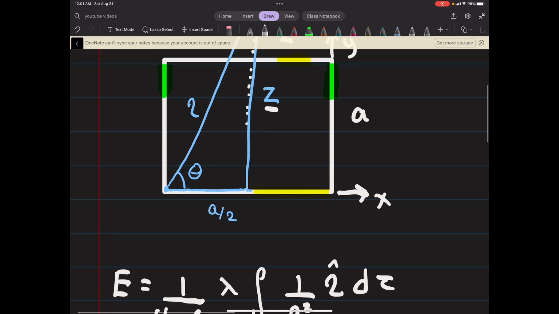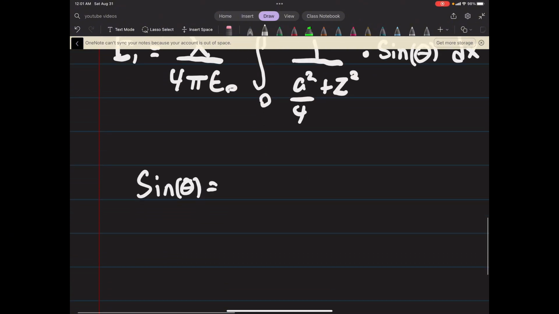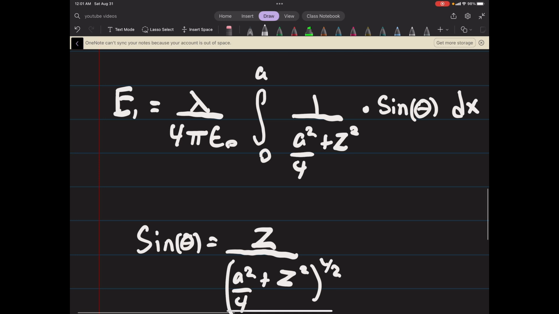So the opposite is obviously z over the hypotenuse, right? Which is going to be script r. So that'll be z divided by a squared over 4 plus z squared, and instead of the square root I'll write it as to the 1/2. And we can plug this in for sine of theta,